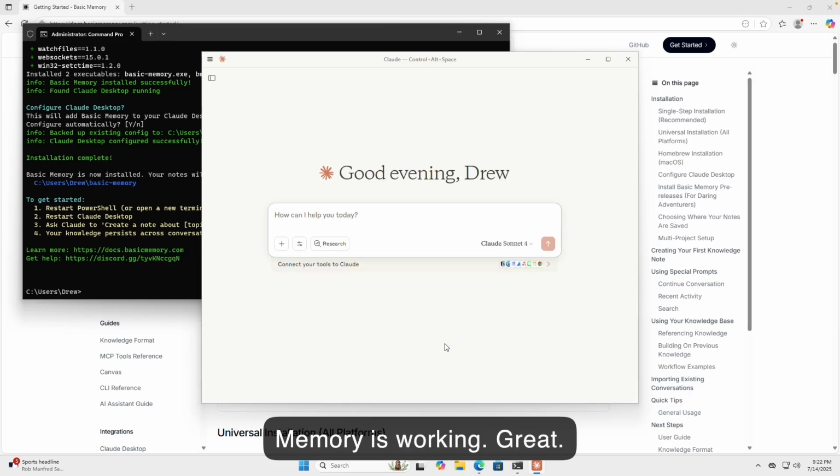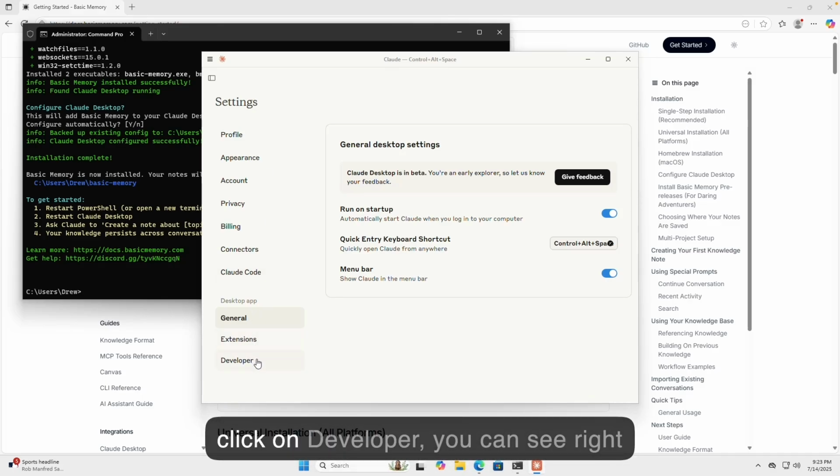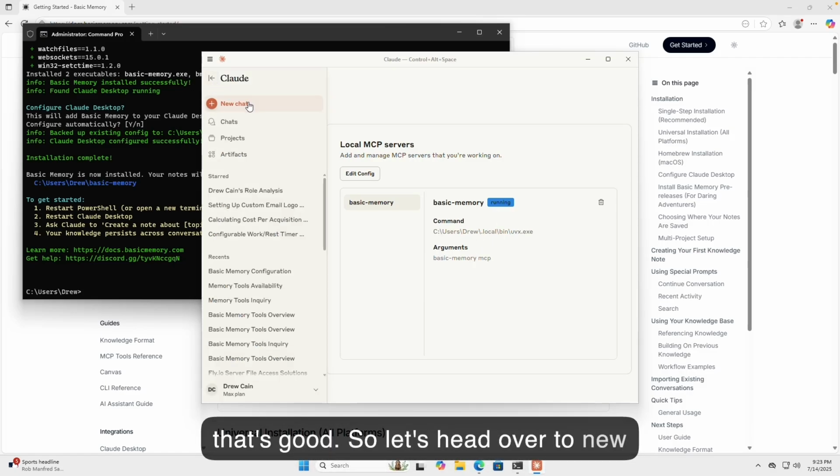Great. So I don't see any errors. Let's double check that the config file is correct. You can click File, Settings, and if you click on Developer, you can see right here, yeah, basic memory is configured and it says it's running. So that's good. So let's head over to New Chat